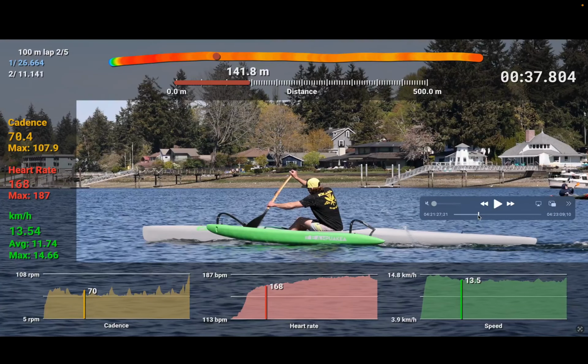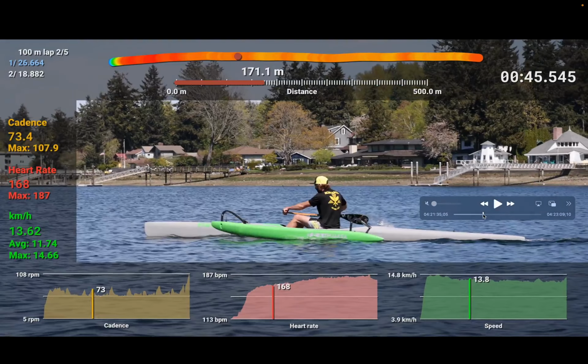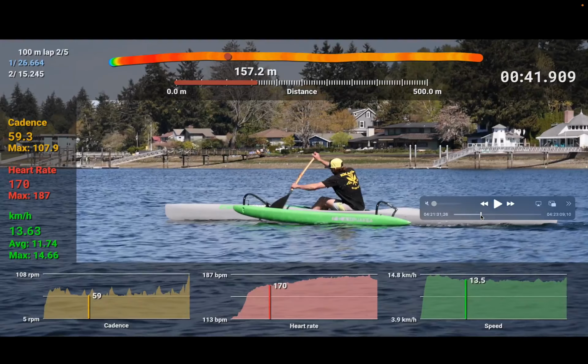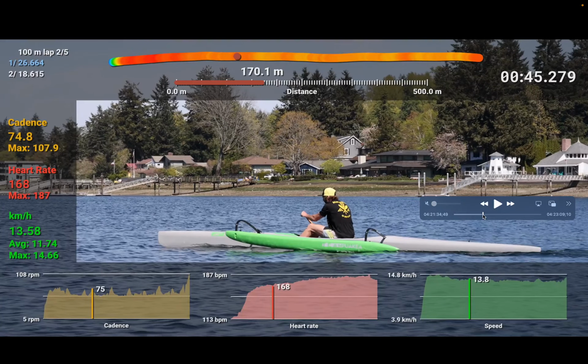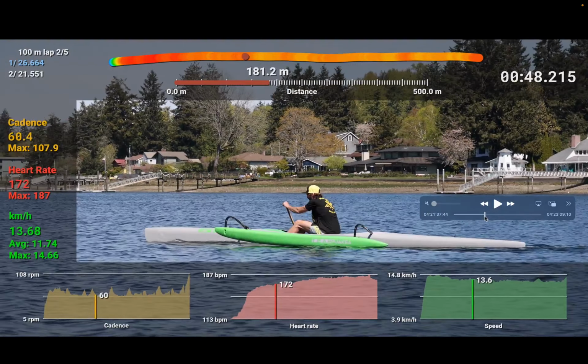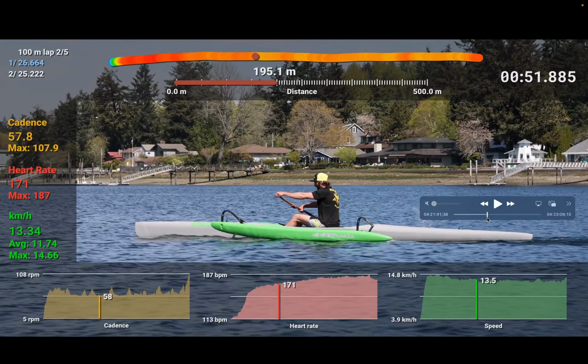Let's find another one. Because I think, what was it? Before you went into it, at 58 you were at 13.6. And then at 75, 13.8, just barely faster for such a dramatic stroke rate change. So if you were just to maintain that 58,